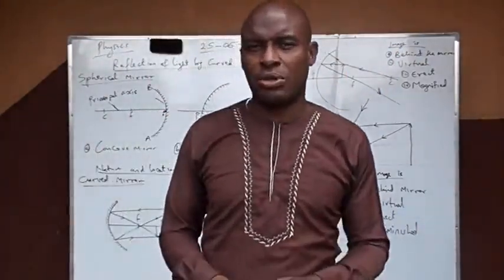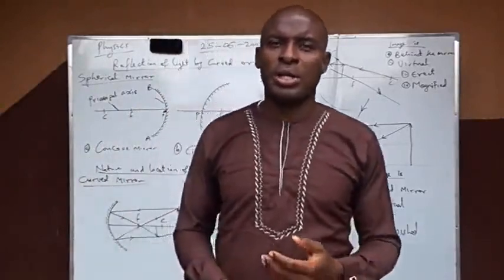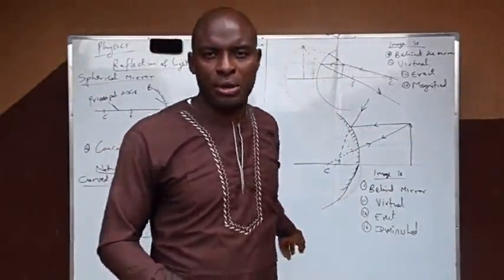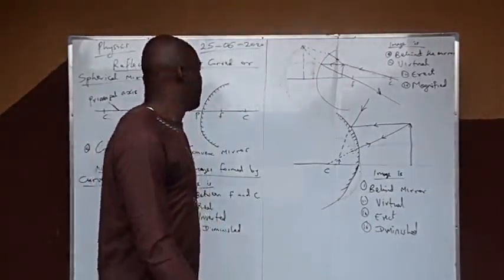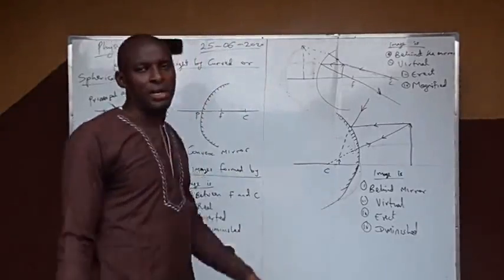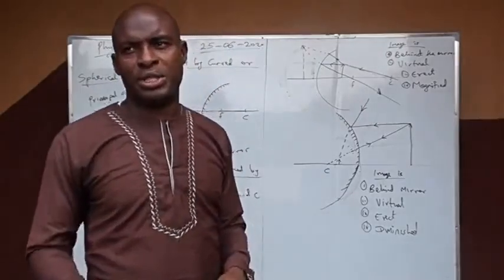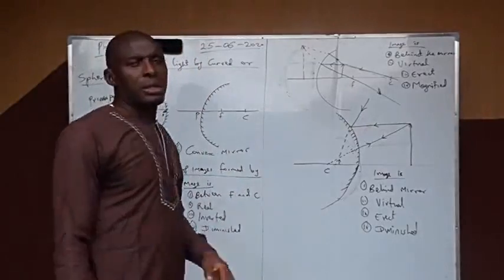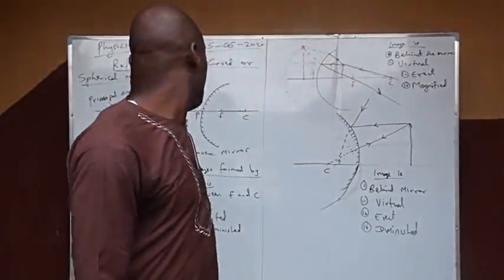We can also talk about the reflecting side of the searchlight, which is also an example of a curved mirror. And also the telescope. We use curved mirrors in the telescope. So you can see different types of mirror, which are the concave and the convex mirror. And I've also shown you what each of them represents. Now, with this curved mirror, we have to consider how images can be formed.